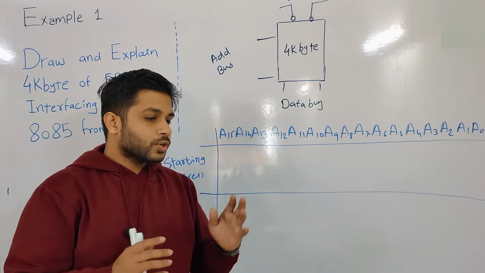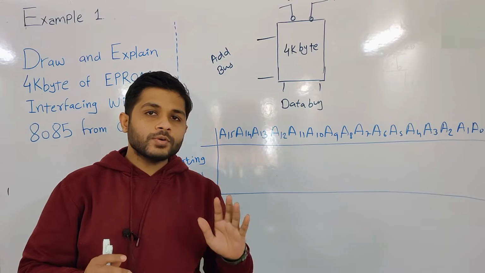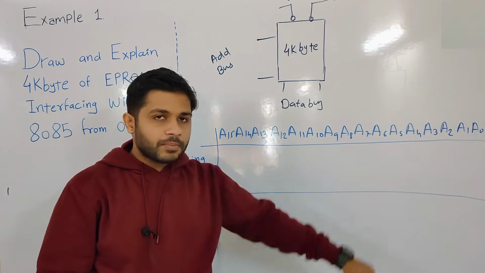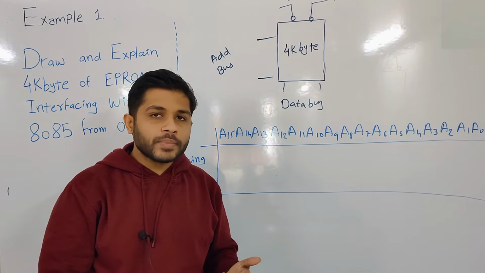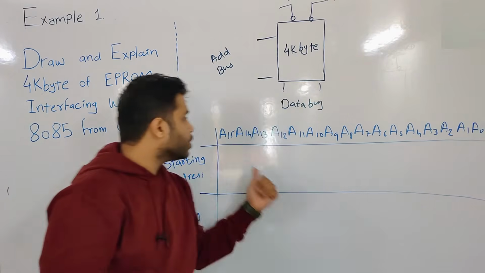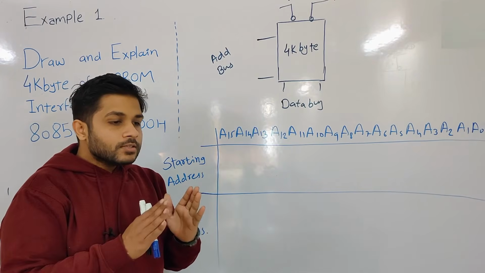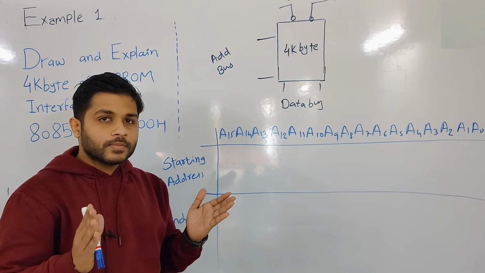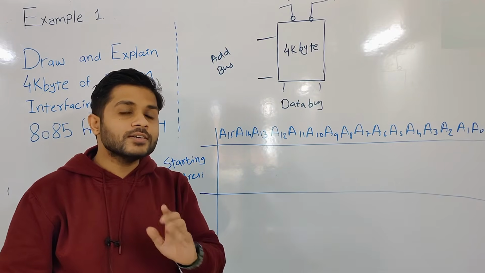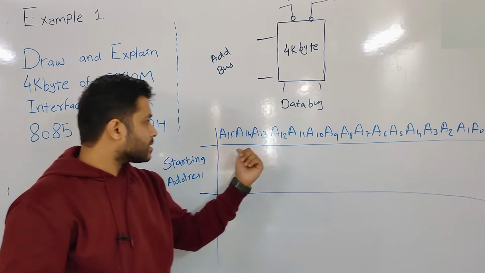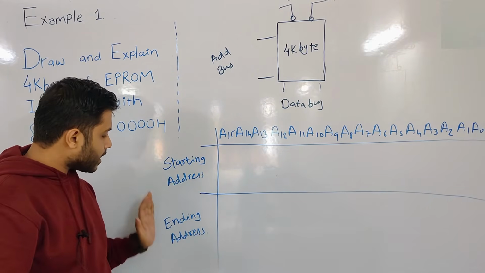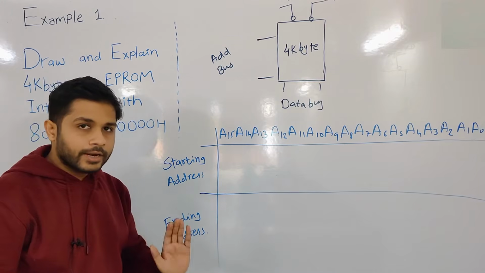Okay students, so in the second step we are going to draw the memory map table. You can see this is the memory map table. Now what are the different fields for the memory map table? The first field that you can see is the address lines, which are from A0 to A15. So total 16 lines are required. If you remember, for the microprocessor 8085, the size of the address bus is 16-bit. So these 16-bit address lines are written here. Here you can see there is a starting address and the ending address.